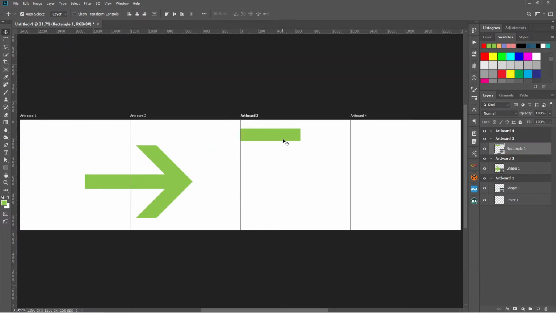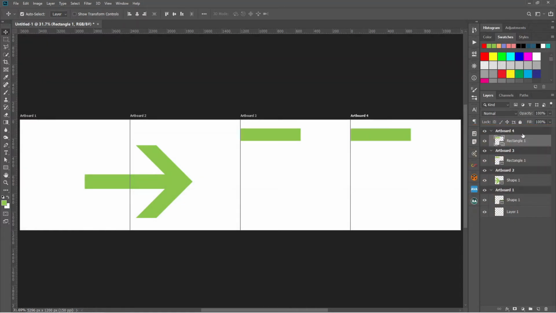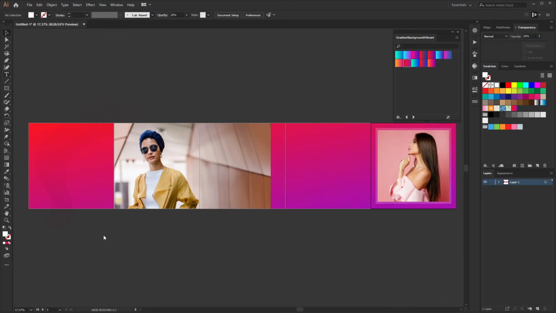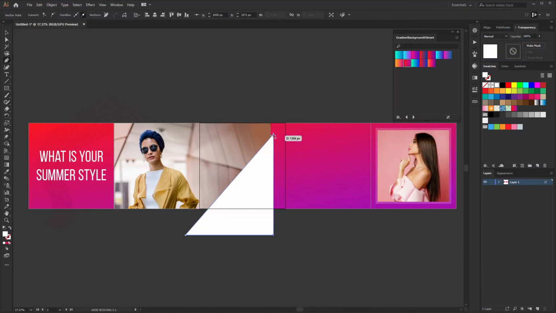If you want to move it to the 4th one, then you have to copy and then again drag it in the 4th one, and you see you get this kind of thing. You can select the 3rd one and then drag it to the right, and in this way you can create the overlapping drawings and graphics, but not like Illustrator, where artboards are lying beneath all kinds of drawings